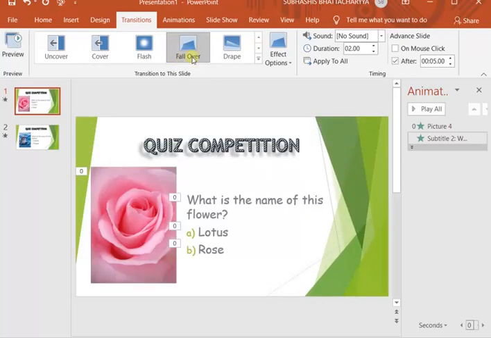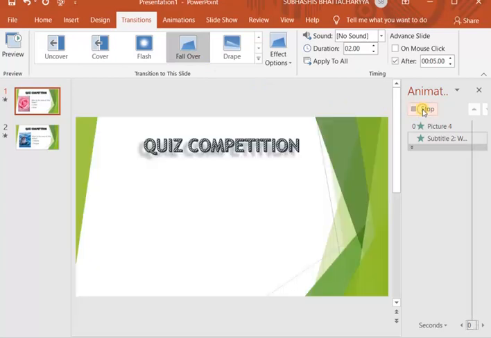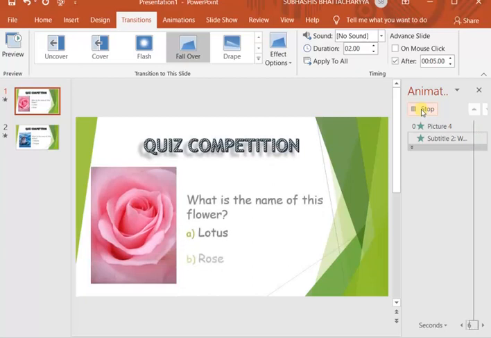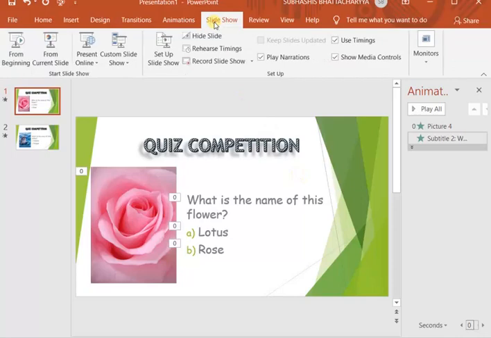This effect name is fall over. I have selected it. Now you can see the preview also. From the animation pane you can see the preview. Okay, but it is showing only one slide. So for the full slideshow, you can go to slideshow from beginning.